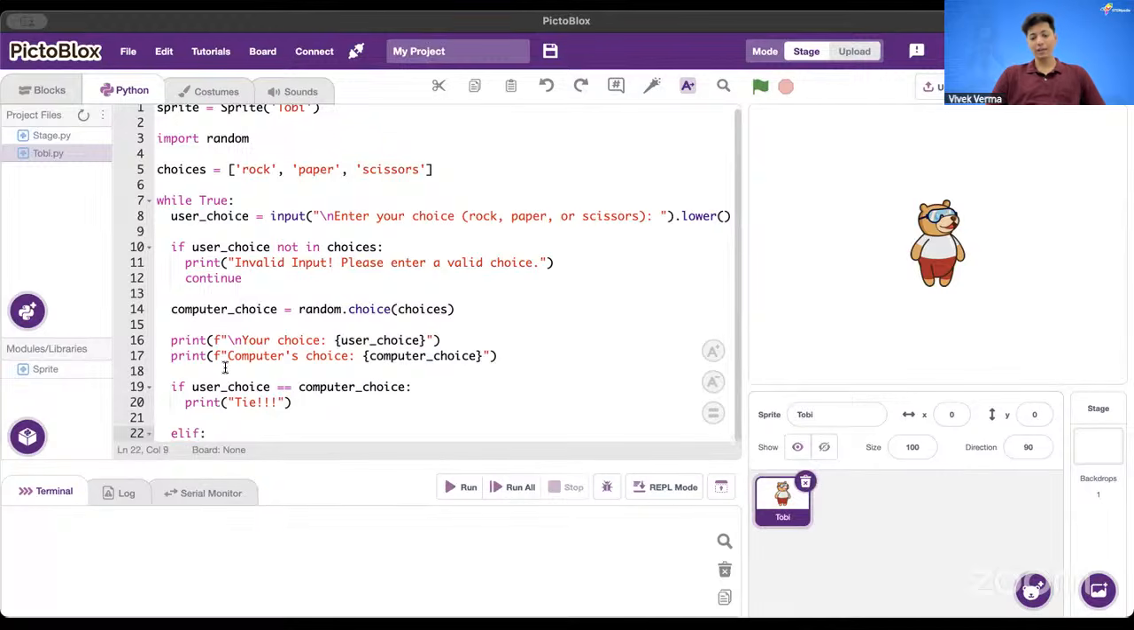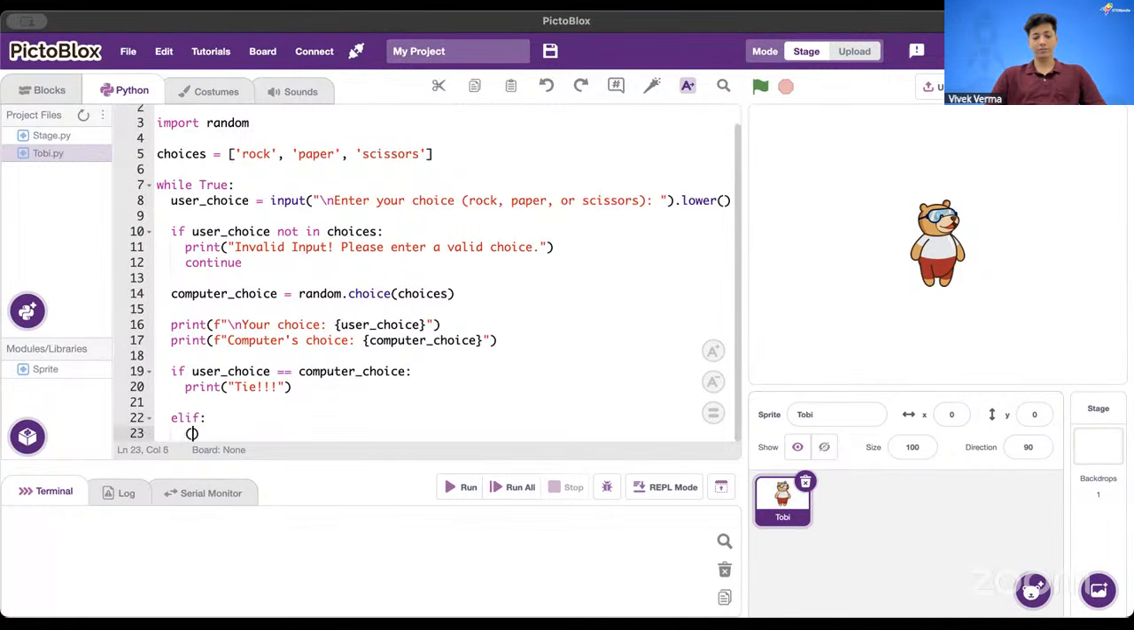Now what I'm doing is adding three particular conditions, and in all those three conditions, I'm going to add two conditions each. I don't know if it makes sense, but I will show you how exactly I'm going to do that. So the first one is going to be, if the user choice is equal to rock, and one more condition, if computer choice is equal to scissors,